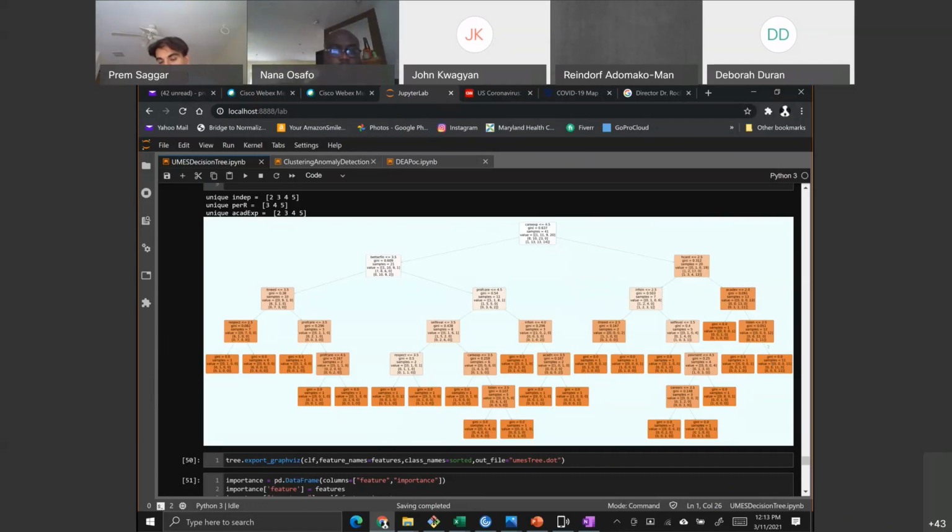But if you were to traverse the tree this way, you would end up with 11 samples where you had academic experience being 5. You would end up with 11 samples where your personal responsibility was 5, okay? And you would end up with 11 samples where your feeling of independence was 5, which is by far the highest scoring, most positive outcome of all of these, right? You can get that from the decision tree as well. So I'll walk it now for you, okay? So if your career, and true is always to the left, false is always to the right, right? That's how these things work.